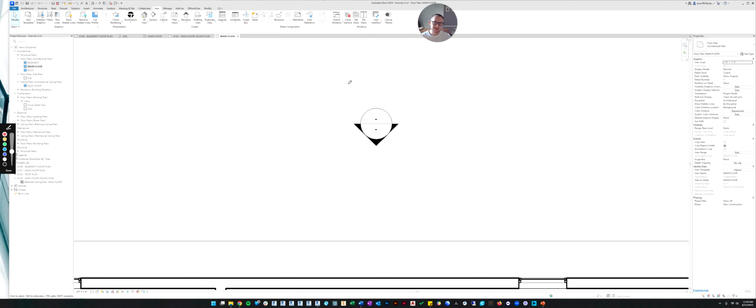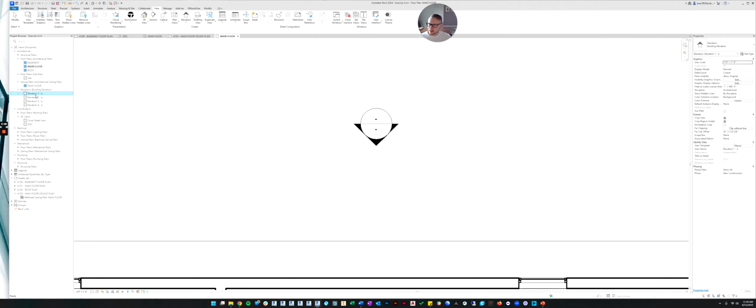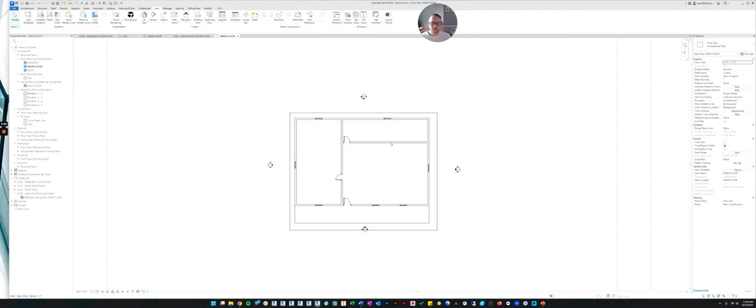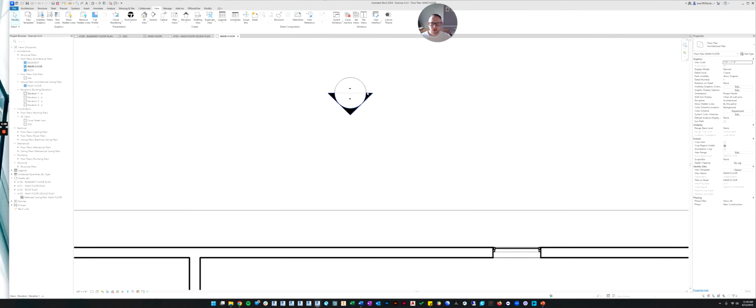Those are two important things, and they're linked. If you delete this tag, it will delete the view. So they're linked together, but they're not the same thing. This is a view tag, but the view itself is over here under the elevations. Do you see how it created elevation 1A, 2A, 3A, 4A? Those are the generic names that Revit was just generating as you clicked the four times around here.